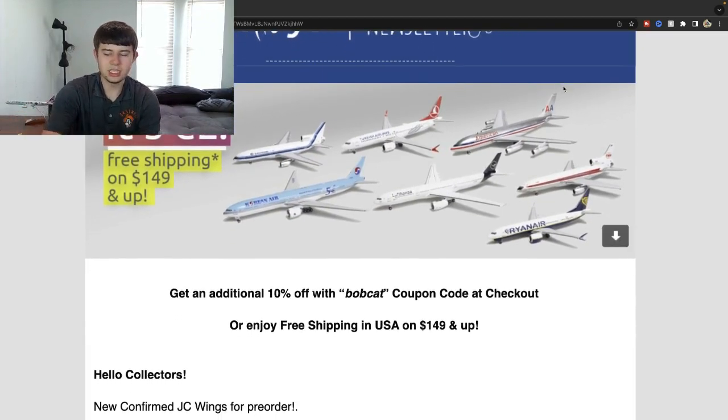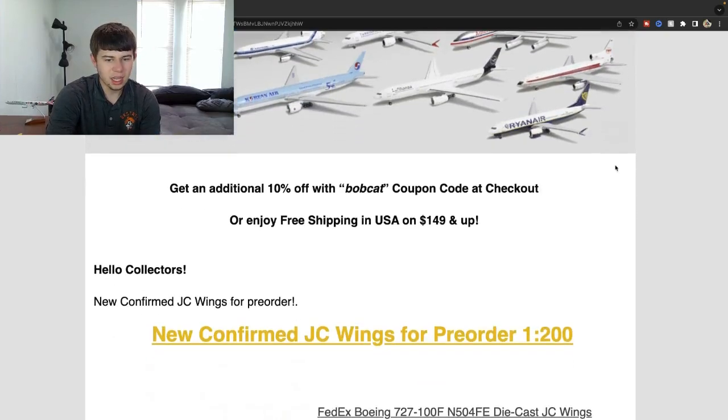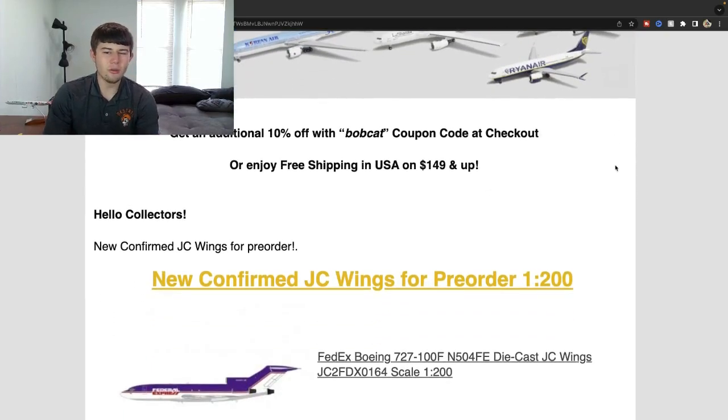So here we go with some new JCs. Let's see what we got going here. Very nice. FedEx Boeing 727-100 Freighter, N504FE. If this is in 1:400, oh man, I would be dumbfounded to say the least. But 1:200 is very nice, and especially for anybody looking for retro cargo planes, you don't get them all the